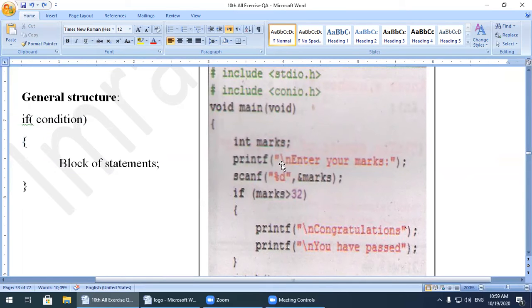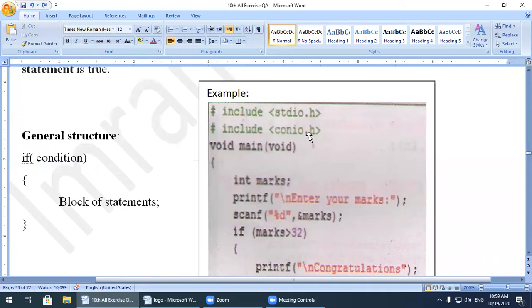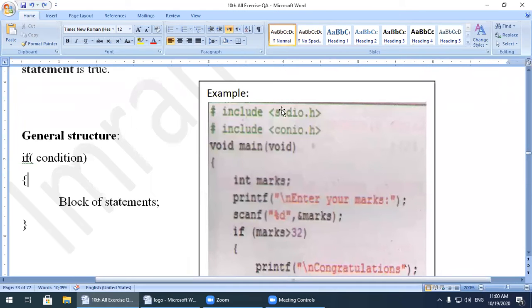Now for the simple execution of that program, we will execute the same program. I will tell you how to execute this program. In this chapter we will solve this structure in detail, so we will do this program in the IDE. I will show you. I will write this example after the completion of the next if else statement.